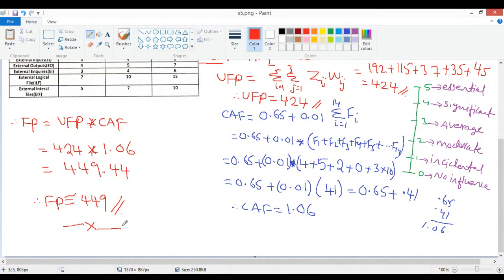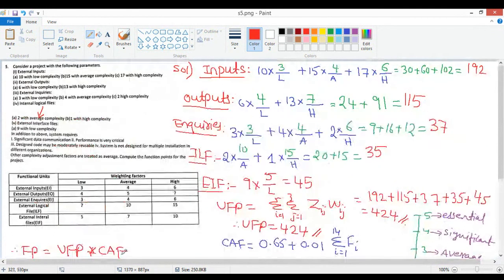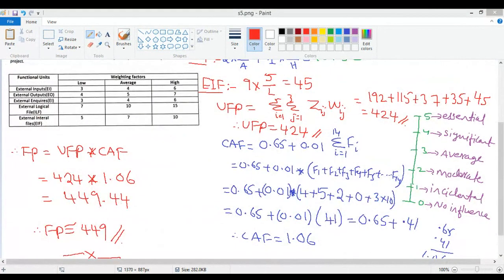Okay. So this is how we solve for the function points. So with this, we have finished our